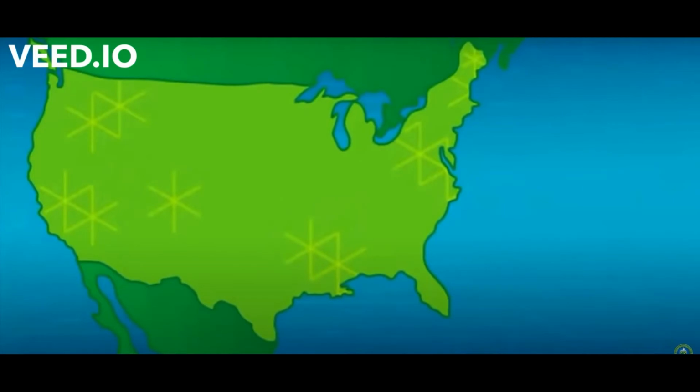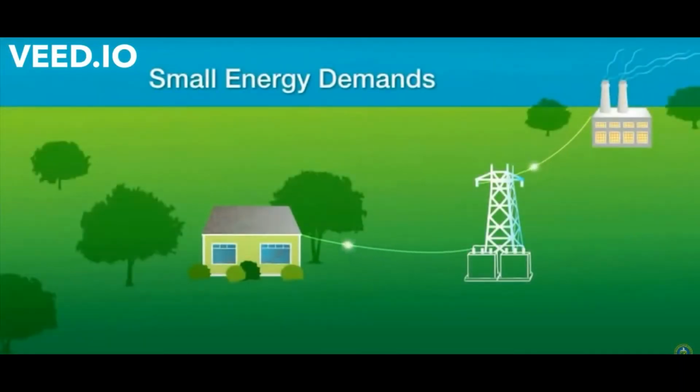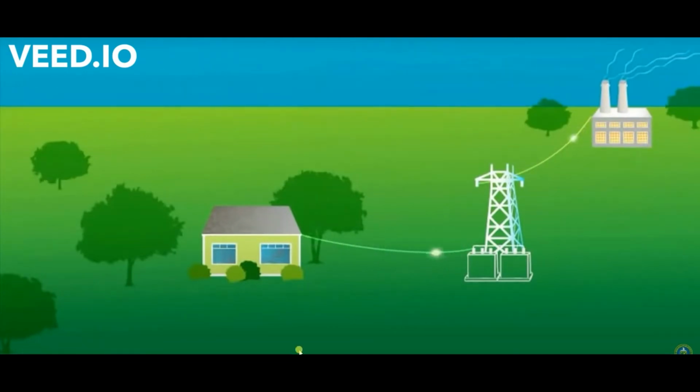Our current electric grid was conceived more than 100 years ago when electricity needs were simple. Power generation was localized and built around communities. Most homes had only small energy demands, such as a few light bulbs and a radio. The grid was designed for utilities to deliver electricity to consumers' homes and then bill them once a month. This limited one-way interaction makes it difficult for the grid to respond to the ever-changing and rising energy demands of